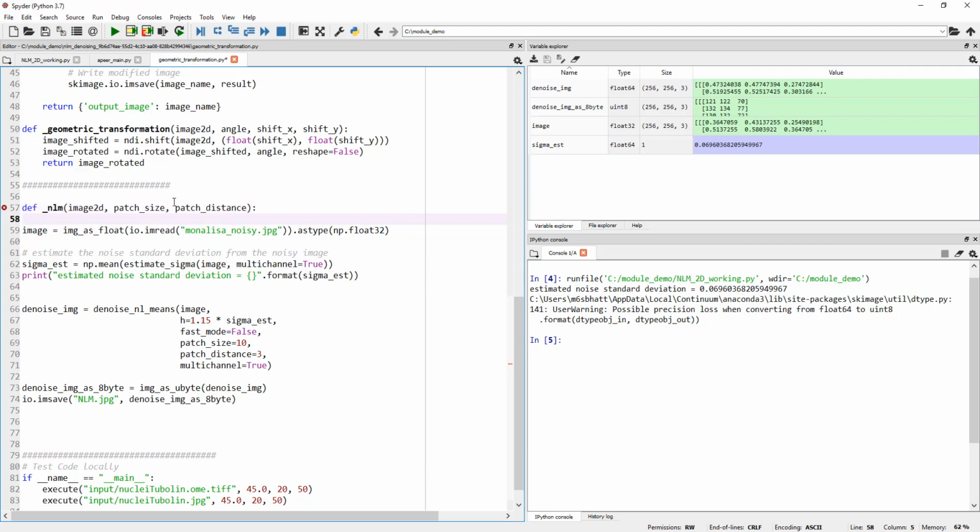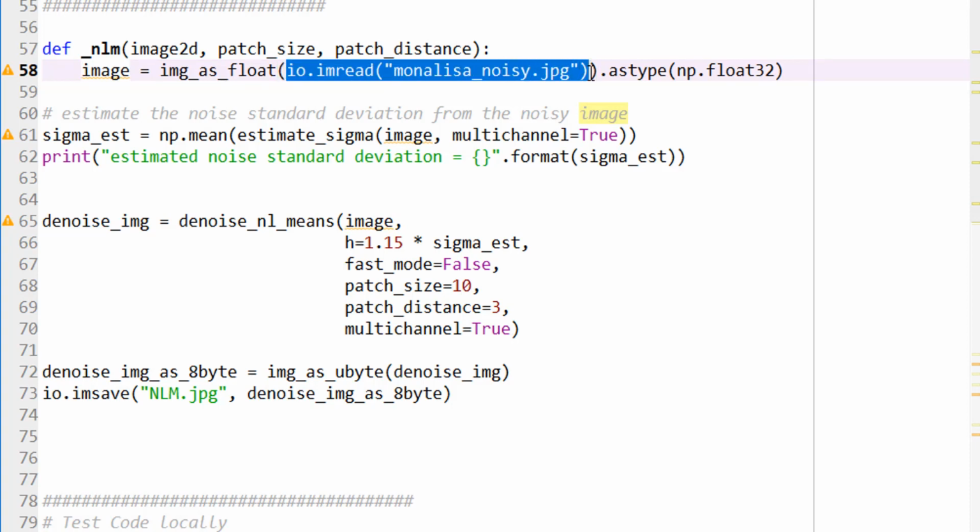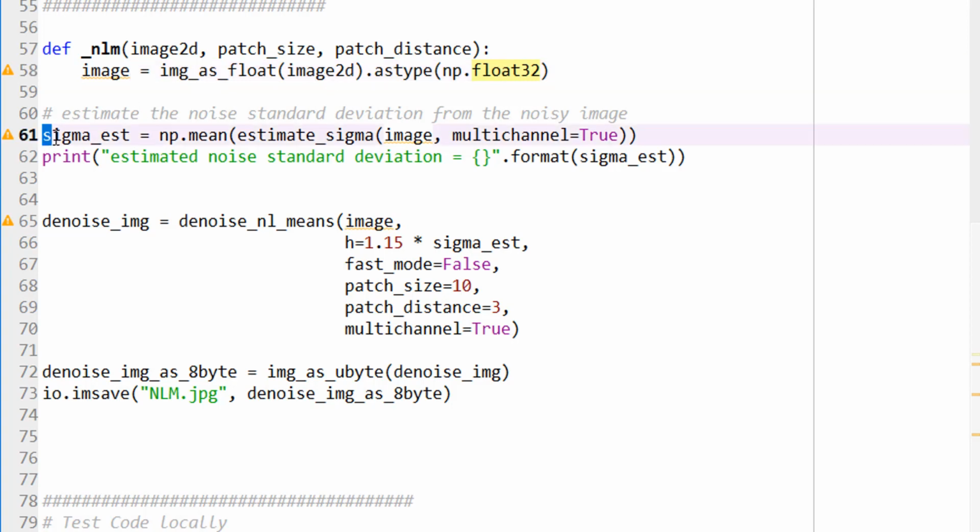So let's continue defining this function. Now, of course, I do not want to read a predefined image, right? We don't want to read this Mona Lisa noisy. So I'm going to delete all of this, and I'm going to just say image 2D. That's it. Okay. So there, because that's where this image is coming from, right? So image 2D as floating point 32. So that's it. So my image is image as float 2D,